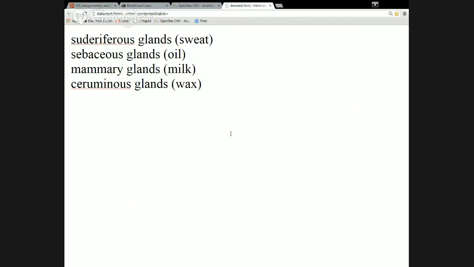And they're different for a few reasons. One, they have more in them than just your basic sweat. Added to that, the water filtered out of the blood and the other components that make up sweat have added to it some additional lipids or proteins. Those lipids are usually steroids. They might be related to testosterone or something like that